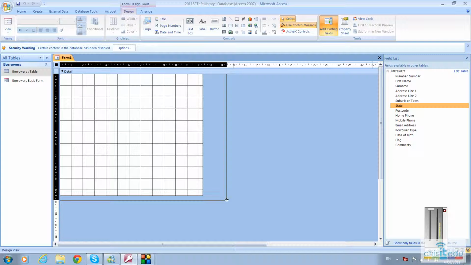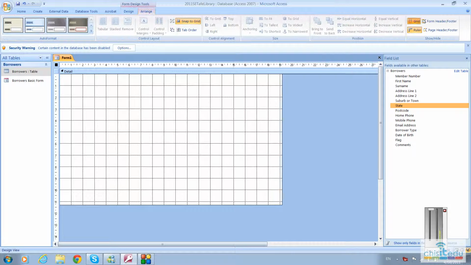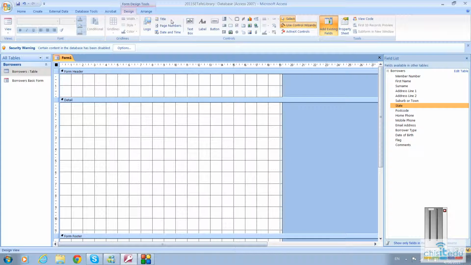If you drag down the corner here, you can make it bigger. It's up to you. And just some of the other things that you can do, if we just click on Arrange, I'm just going to click Form Header and Footer so that I have the ability to put a header on top of the form, so I can put the name of the form or whatever I want in there. So just go back to Design mode, and to put a text at the top we use Label, type